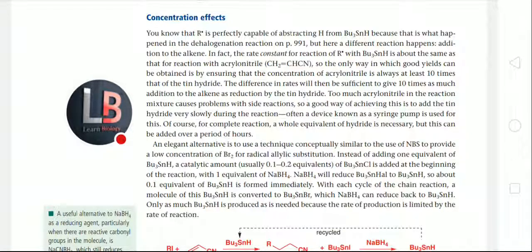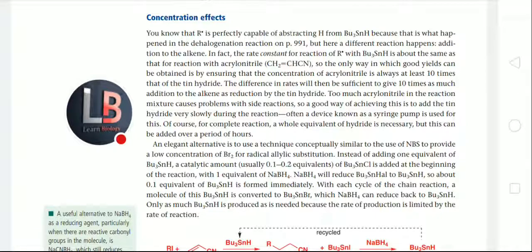The difference in rate will then be sufficient to give 10 times as much addition to the alkene as reduction by the tin hydride. Too much acrylonitrile in the reaction mixture causes problems with side reactions. So a good way of achieving this is to add the tin hydride very slowly during the reaction. A device known as a syringe pump is used for this. Of course, for complete reaction, the whole equivalent of hydride is necessary, but this can be added over a